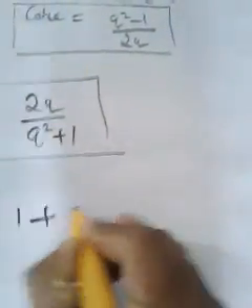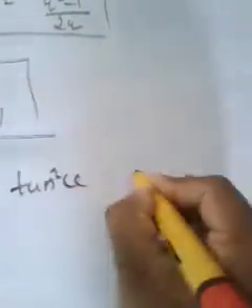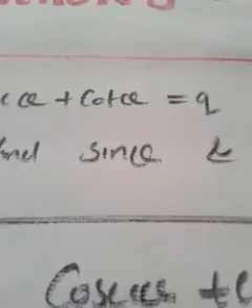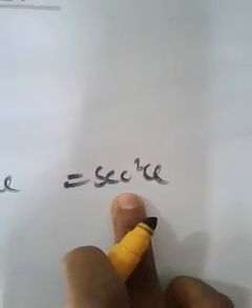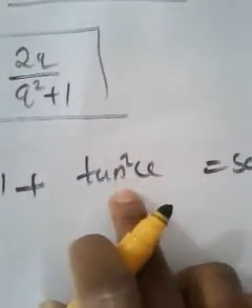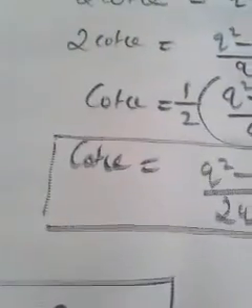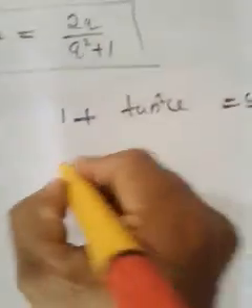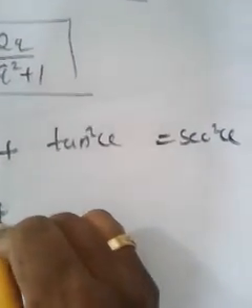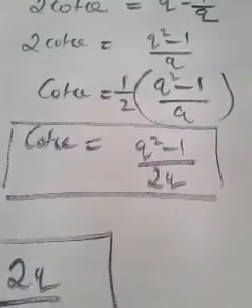Can I use the identity 1 plus tan square theta is equal to sec square theta in order to find out sec theta? I got sine theta, so forget about that. Because sec is there, we will get sec anyway. But you can ask me, sir, where is tan? See, cot is there. Just take the inverse, we will get tan.